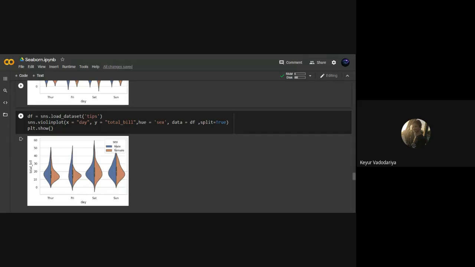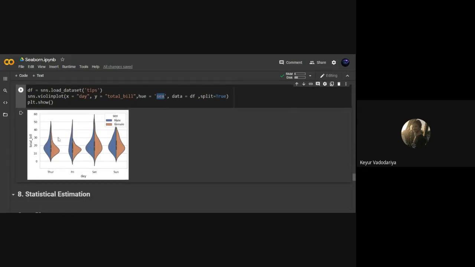The data is the same. You have to use sns.violinplot, specify the x-axis, specify the y-axis, specify the hue on which you want to distinguish your data, specify the dataset, and specify split is equal to true, and you will have the data on which your chart is distinguished on the same violin. And you can gain insight from this observation.